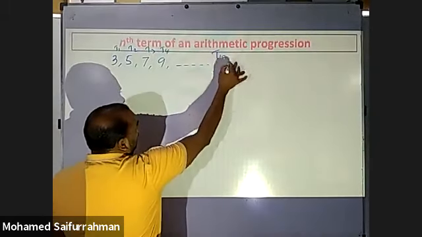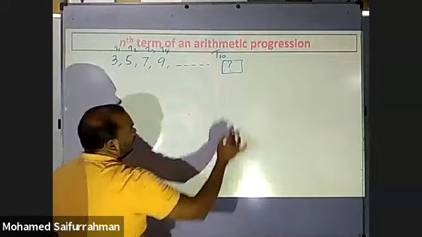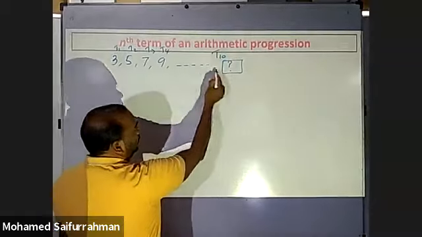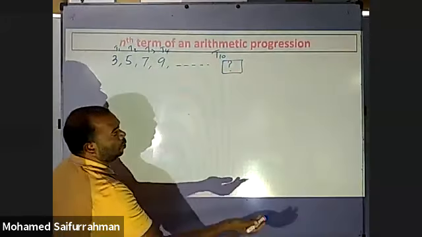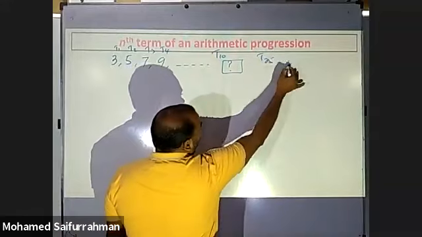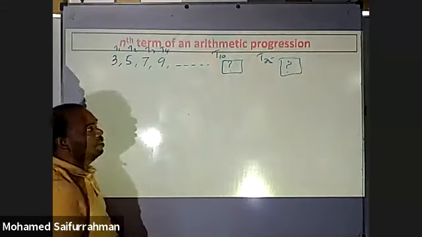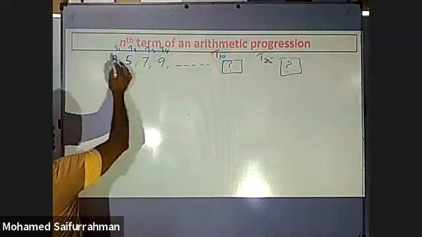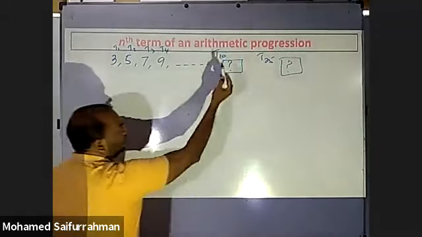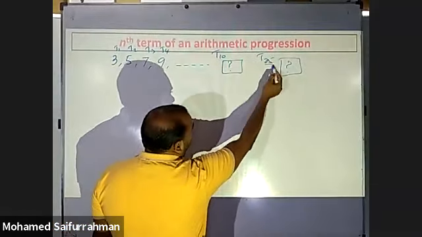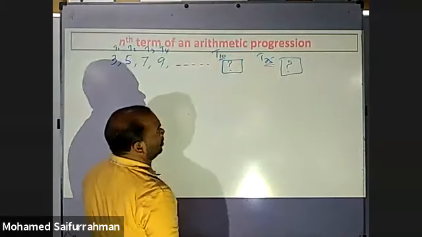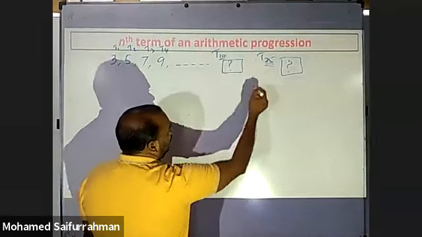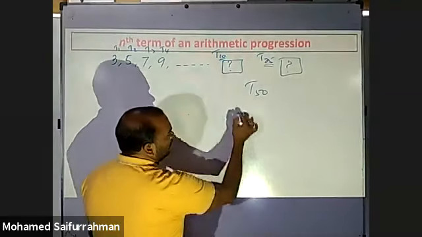So if I ask you what is the 10th term, this is T1, T2, T3, T4. What is T10? How to find that 10th term? Are we going to write all the terms one after the other up to 10? No. Then what is the 25th term? So we should find a method to obtain the specific term. How to find T10? How to find T20? It can be the 10th term, 25th, or 50th term.